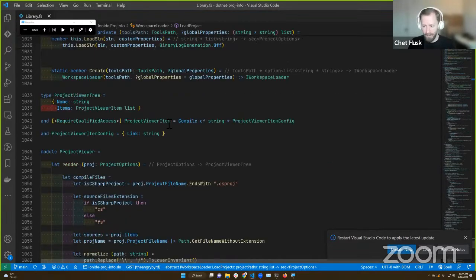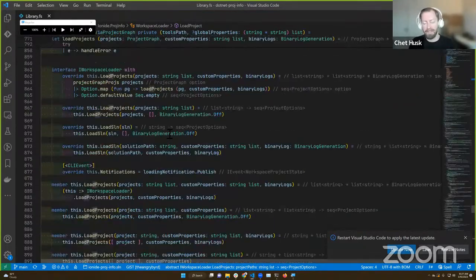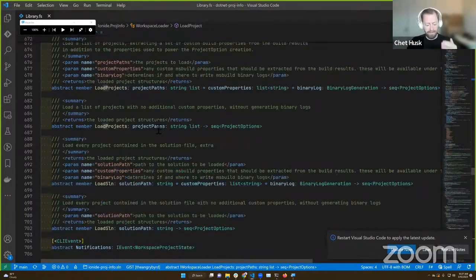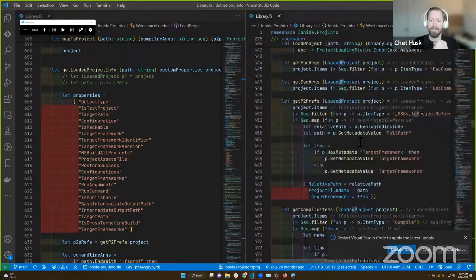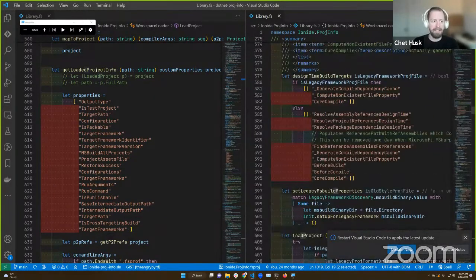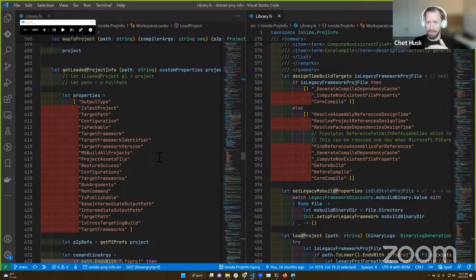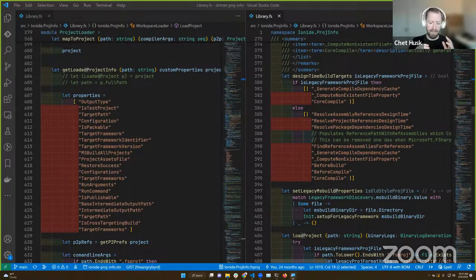The answer is no. All editor tooling you use, if it wants to be true to what is going to happen on the command line, needs to interface with MS-Build in some way, so that it can get the same set of information that .NET Build does. The worst thing you can do is have your IDE behave differently from a command line build, because then a developer is confused as to what the source of truth is. So we need a way to interact with MS-Build and get out information that the compiler will use.